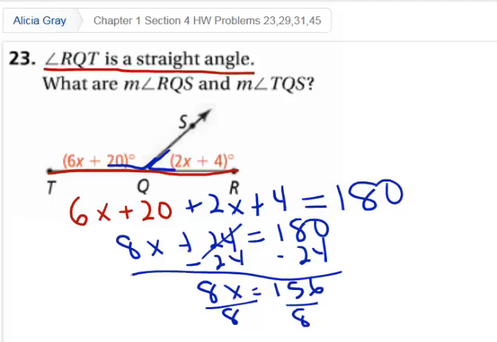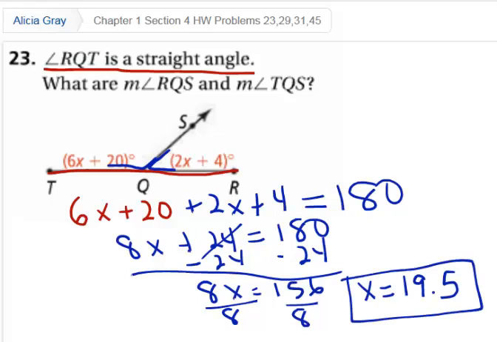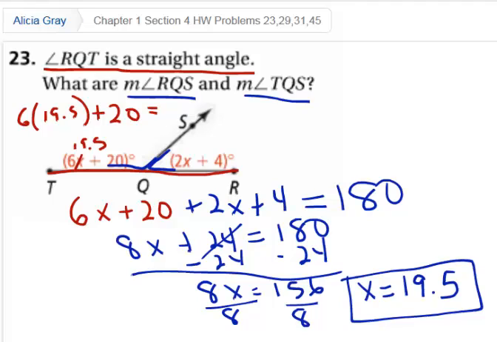Divide both sides by 8, and then I did this ahead of time in my calculator. X equals 19.5, and then you could always double check that as well. But I'm not finished. I need to go back to the directions, and I actually need to find these angle measurements. So that means I need to plug x into each one of these. So if I were to plug in x here, 6 times 19.5 plus 20, so I've just taken the x, I've substituted 19.5, it equals, well, 6 times 19.5 is 117,